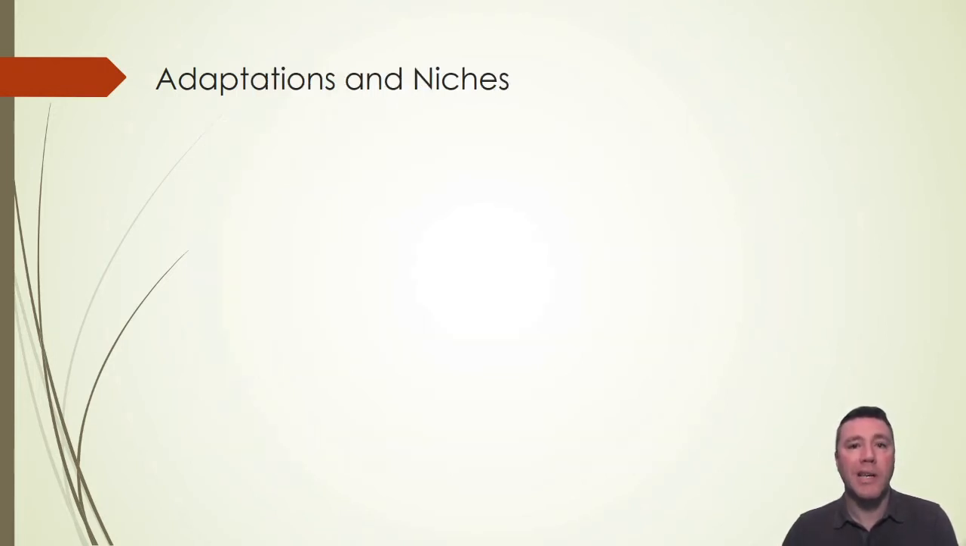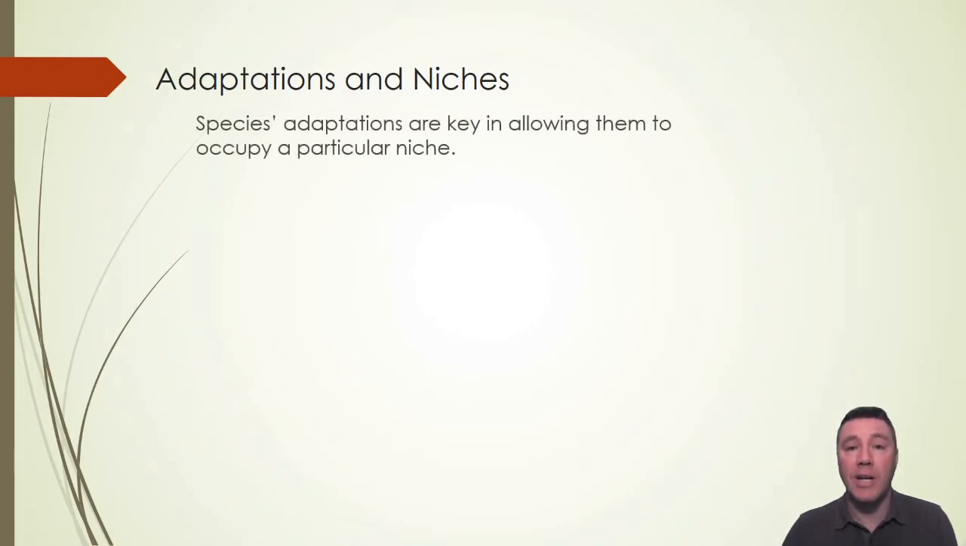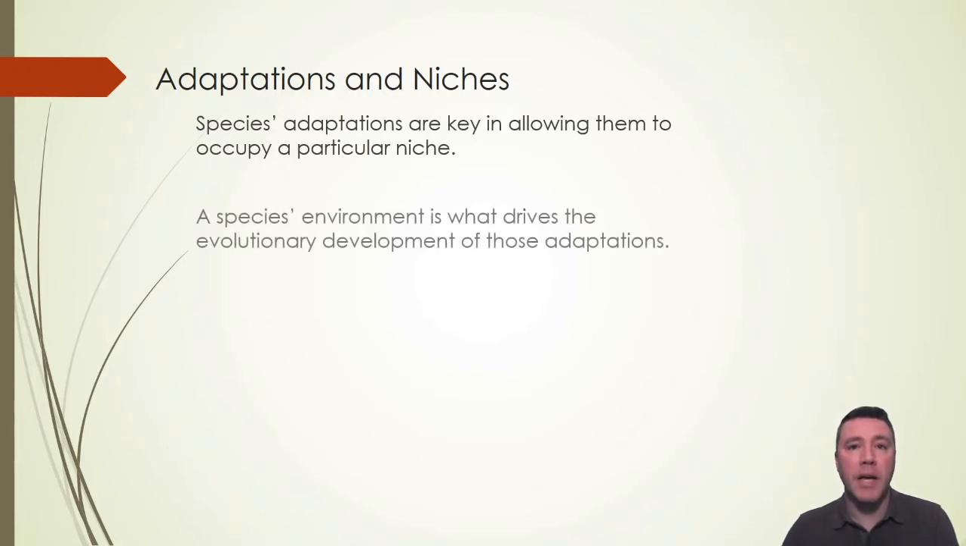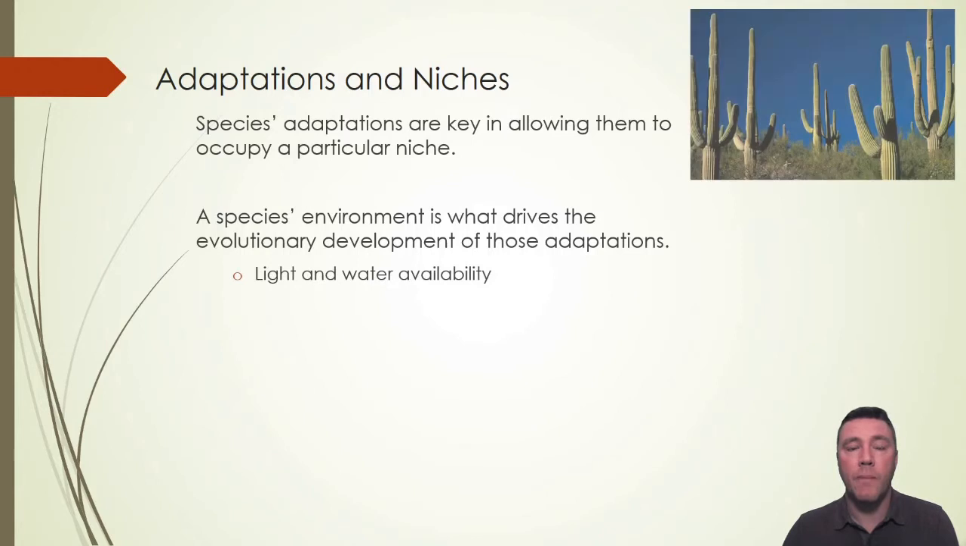A species' characteristic adaptations are key in allowing them to occupy their ecological niche. It is a species' environment and the conditions within it that drive the evolutionary change that results in those adaptations. The availability of light and water are influential on plant adaptations. Cacti, found in arid environments, have adaptations allowing them to both store and protect, with sharp spines, the water they